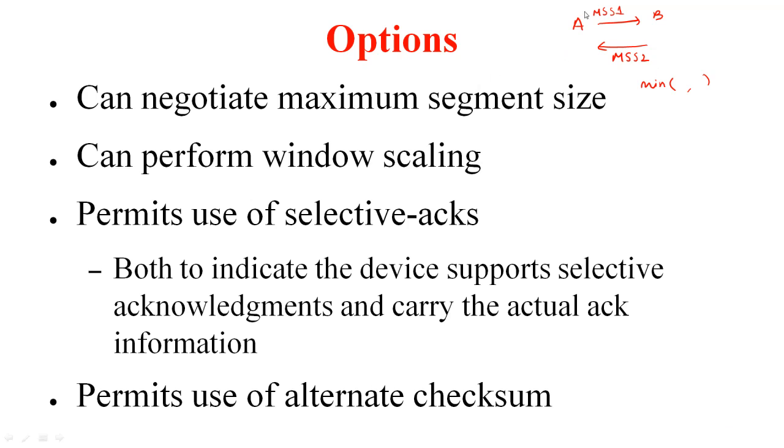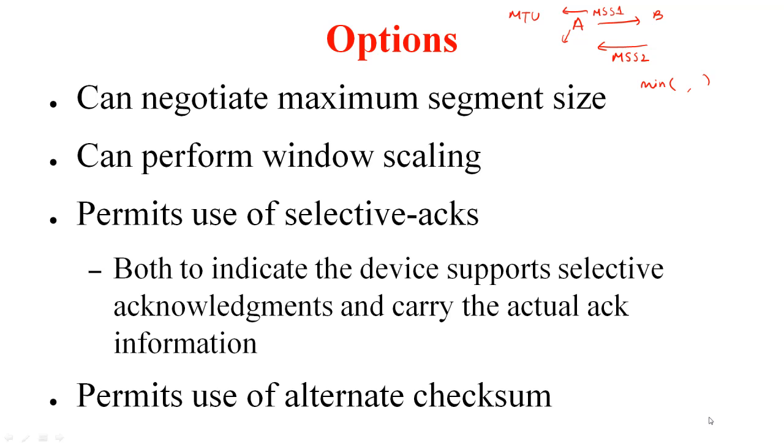These maximum segment sizes have a relation with the MTU that is supported by the network to which these two hosts are attached. By exchanging this information, you basically choose an appropriate value of MSS and thereby an appropriate value of MTU. Now, does this mean fragmentation will never arise at the IP layer? What do you think? Well, no, fragmentation can still arise because this negotiation is being done end-to-end at the process level. Routers are not involved as part of this. This is just an optimization.